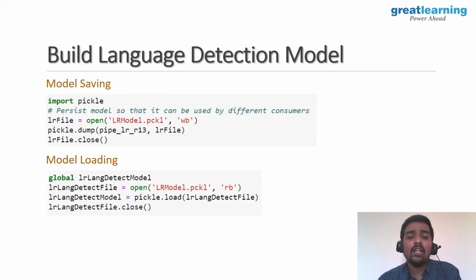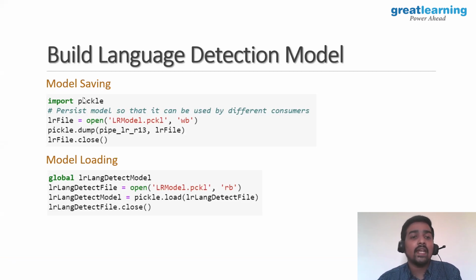Now we'll go just a bit beyond. Since you have built your model, how do you save your model and how do you load it back? Once your model is built, we normally tend to save it so that you can define a function or create an API out of it and put it as a service. We'll go through a brief 2-minute look at how to do that.